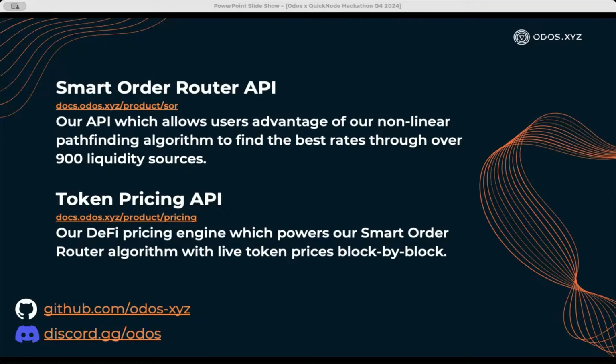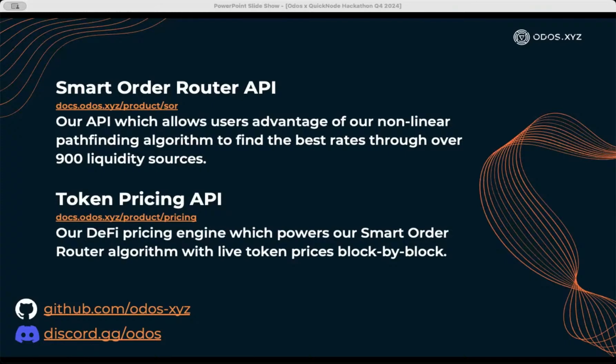The token pricing API, Odos offers what we describe as DeFi native pricing. DeFi native prices reflect on-chain block by block updates aggregated through all of our configured liquidity sources for real actionable prices using executable call data.